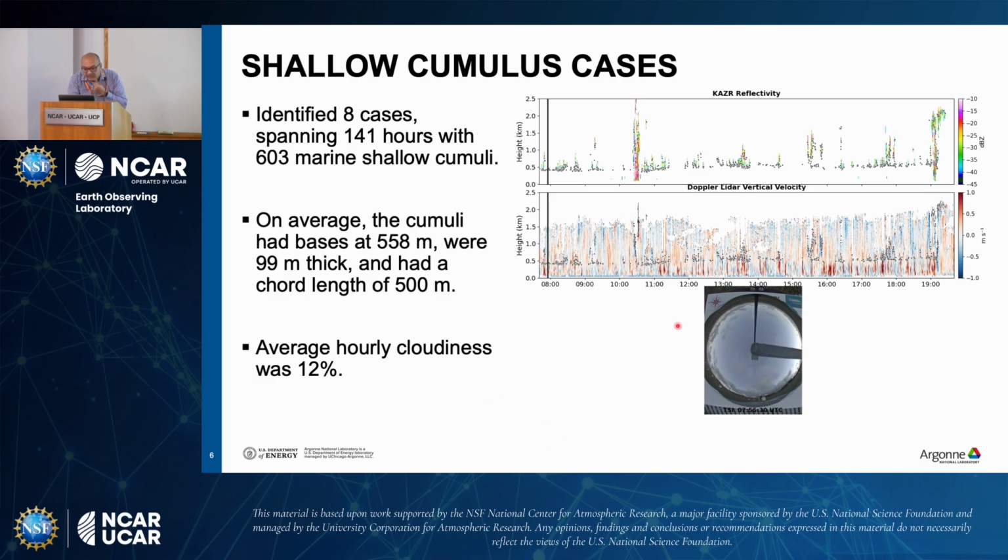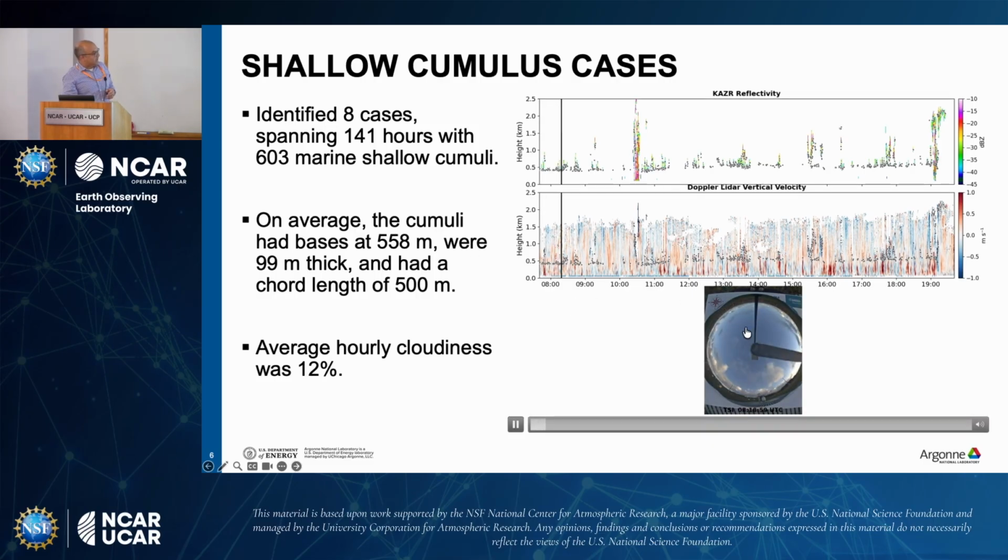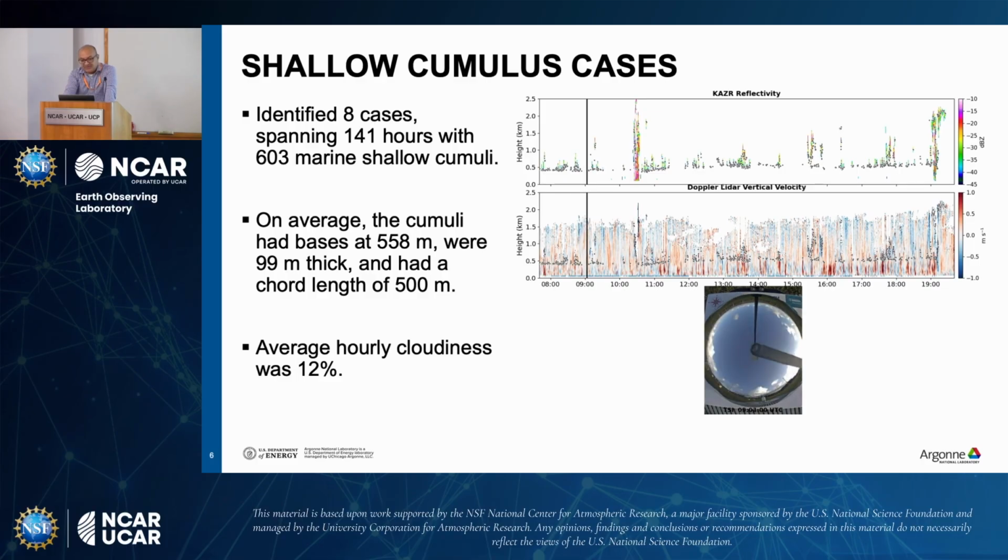So let's see if we can play this movie, which I'm not able to play, which is perfect. All right, good. So now, by the way, the vertical line here shows when the image was captured. So you can see in this case, you have some clouds here, then some gaps, then some more clouds, then again no cloud. Then you have some more clouds, and then we have this big cloud coming up that has some rain in it, some rain falling down. And then you have nice clusters again, more clouds in here, sort of going back and forth.